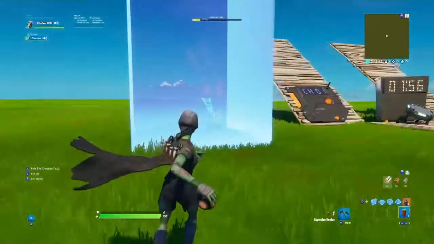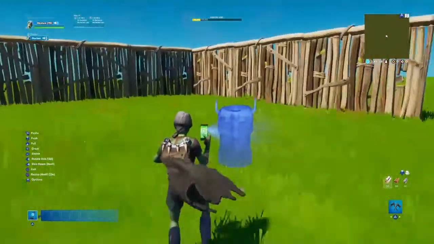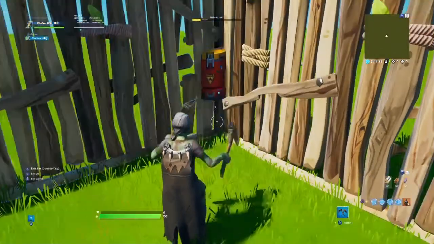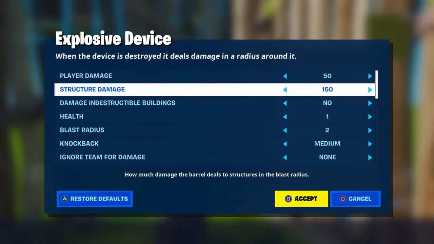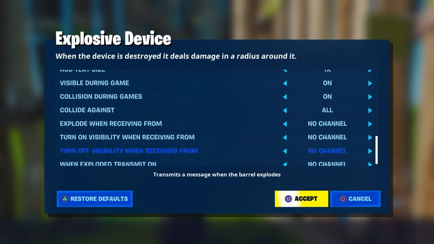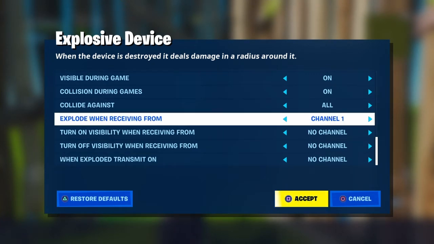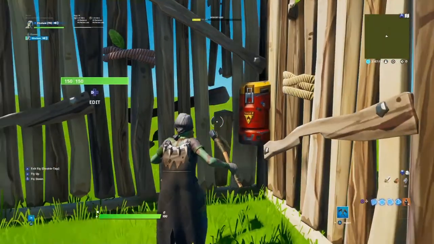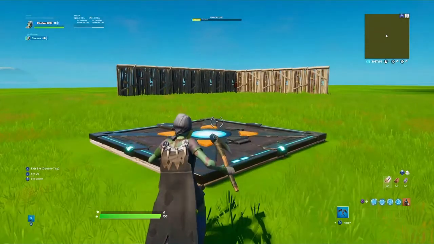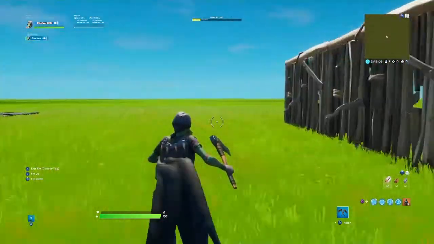What I'm gonna do is I'm gonna grab an explosive device. I'm gonna copy this and I'm gonna bring this over to the wall, okay? And then I'll place it right there. We'll go back and fix the different stuff in a bit, but let's go right to the channels here. So explode when receiving from channel 2. And what that's basically gonna do is once we eliminate this sentry, okay, then this is gonna explode and then it's gonna destroy these walls and allow you to get to the next